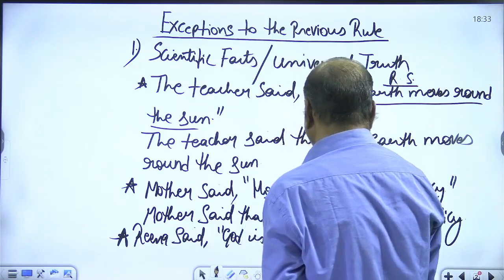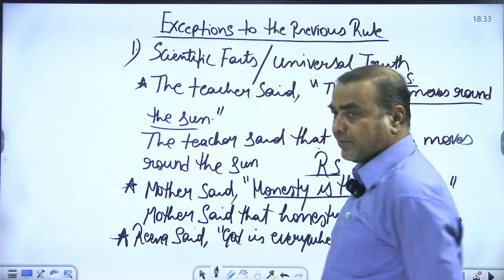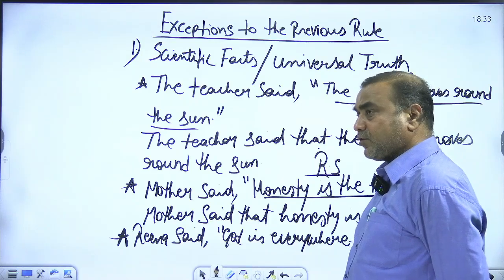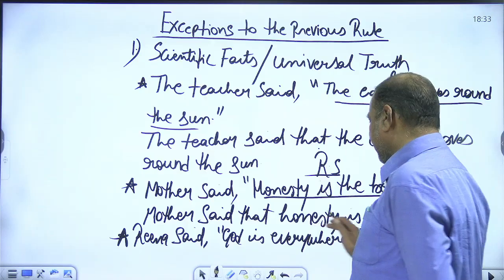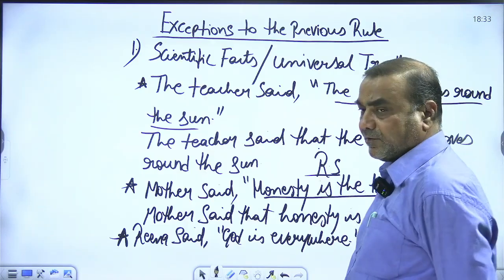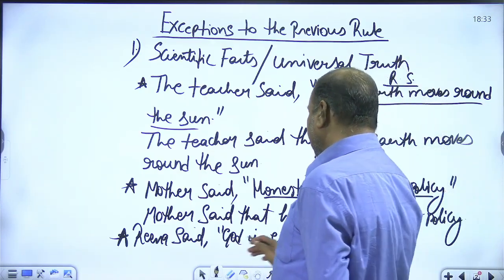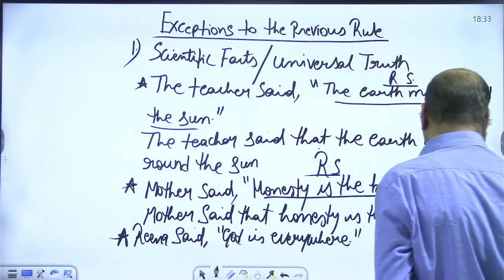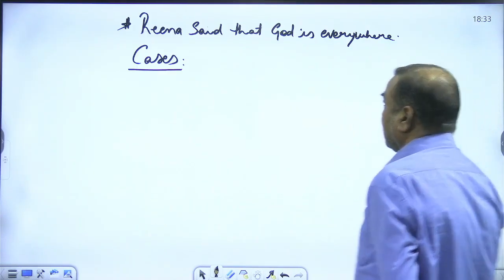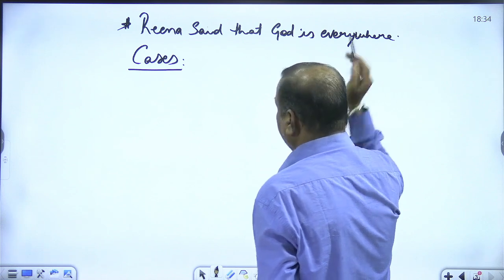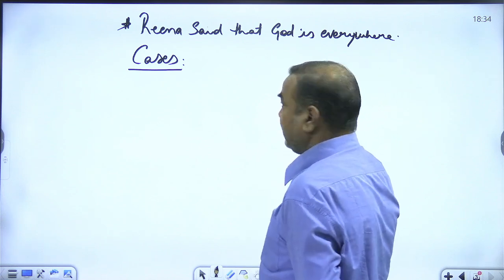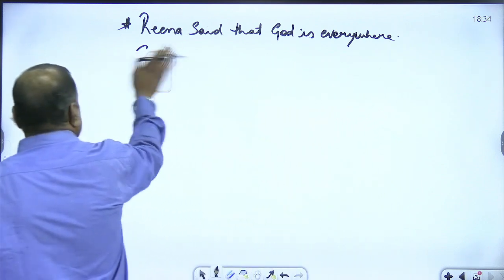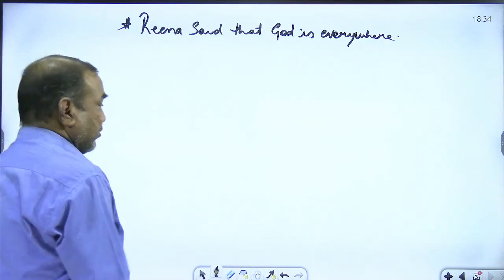Mother said honesty is the best policy. ये आपका क्या है, यूनिवर्सल ट्रूथ। Mother said that honesty is the best policy. एक और लिया, Reena said God is everywhere, Reena said that God is everywhere, कभी चेंज नहीं हुआ। अच्छा, और कहाँ पे चेंज नहीं होता ये देखते हैं हम लोग, चलिए।